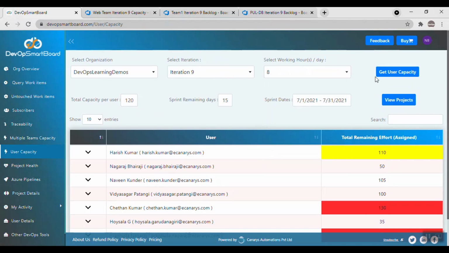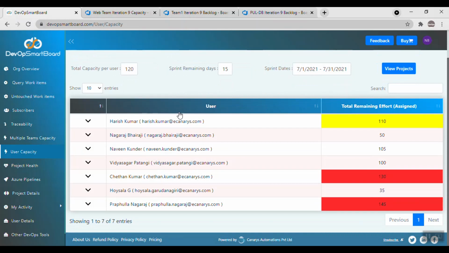Once I do that and say get user capacity, based on the iteration selected, it gives me the sprint remaining days, or iteration remaining days. It is a total of 15 days and 8 hours per day. So each team member can work at the max 120 hours in this iteration.